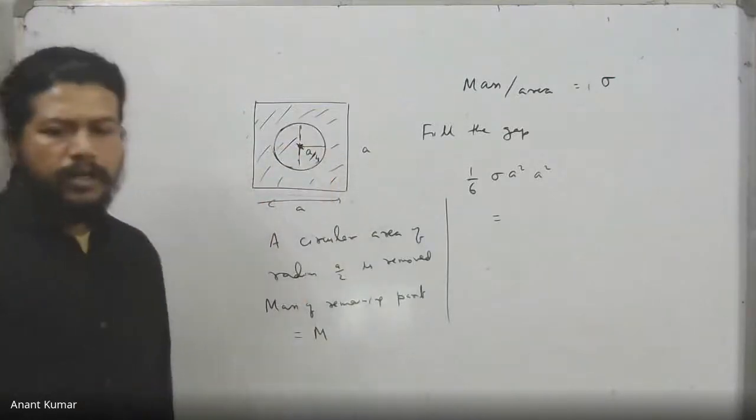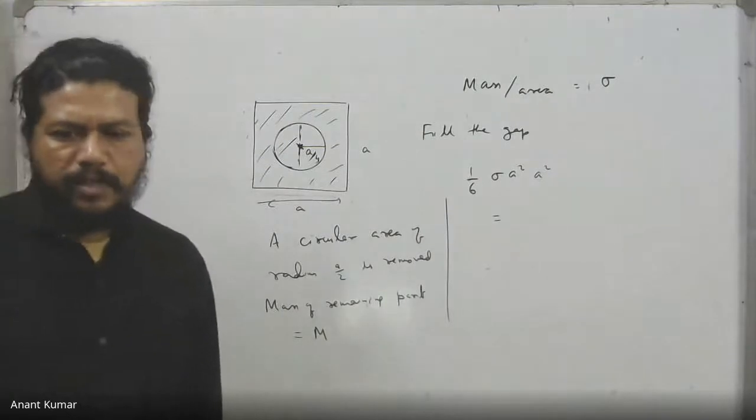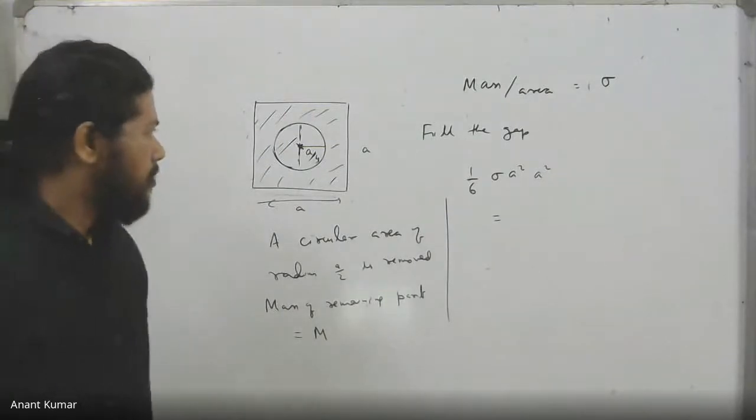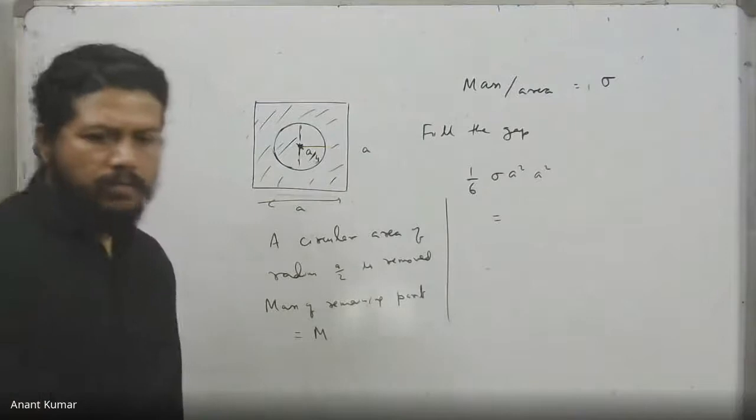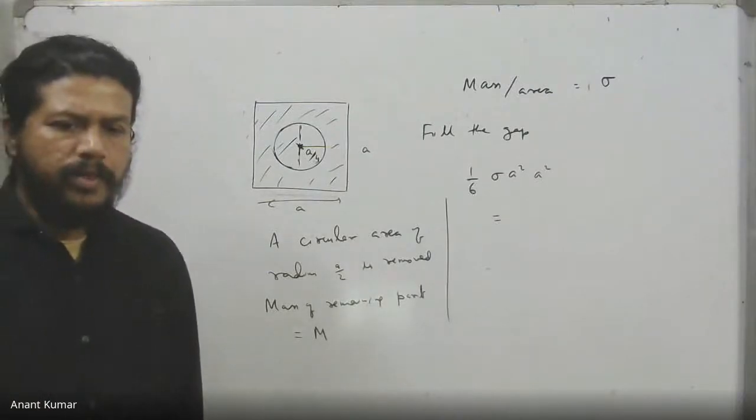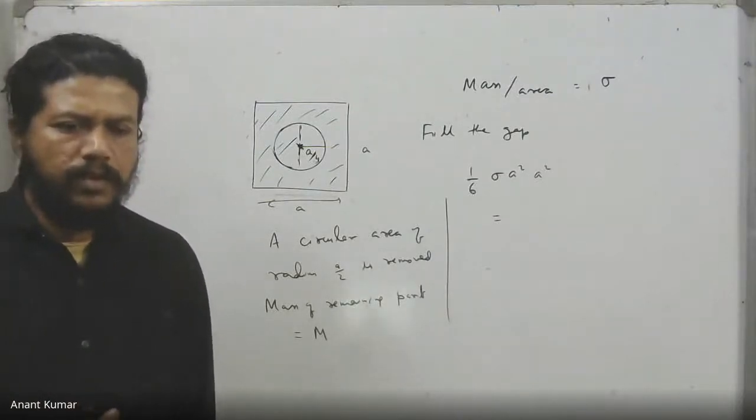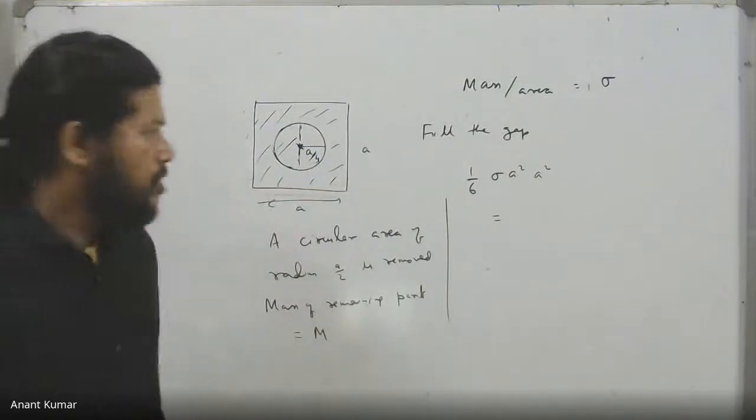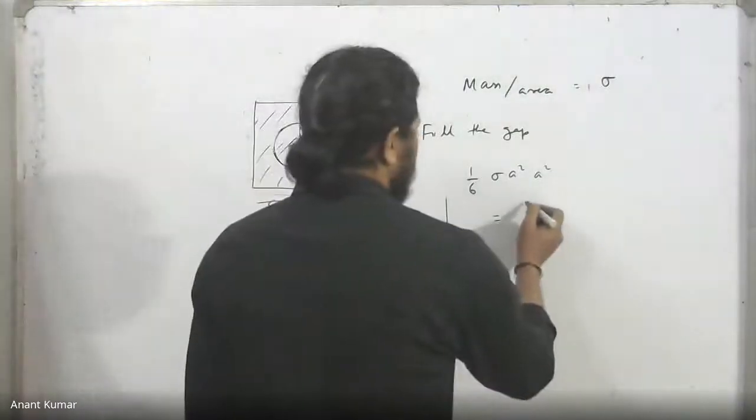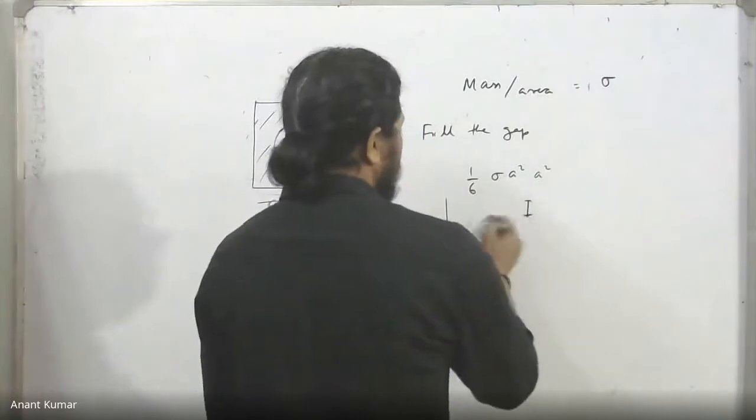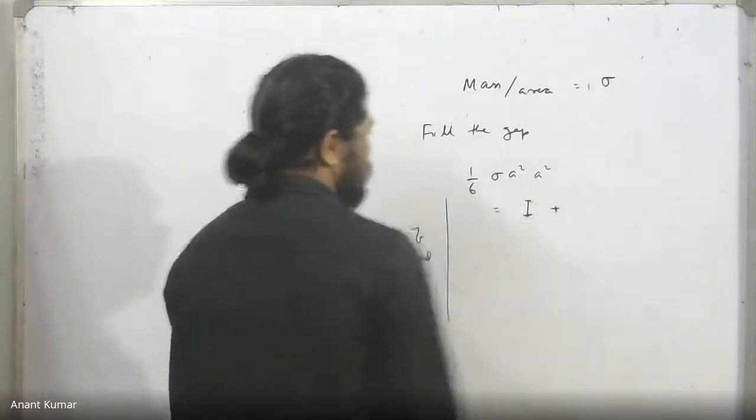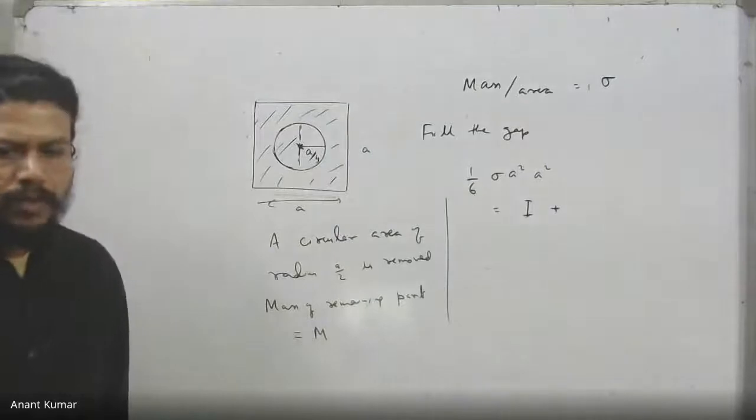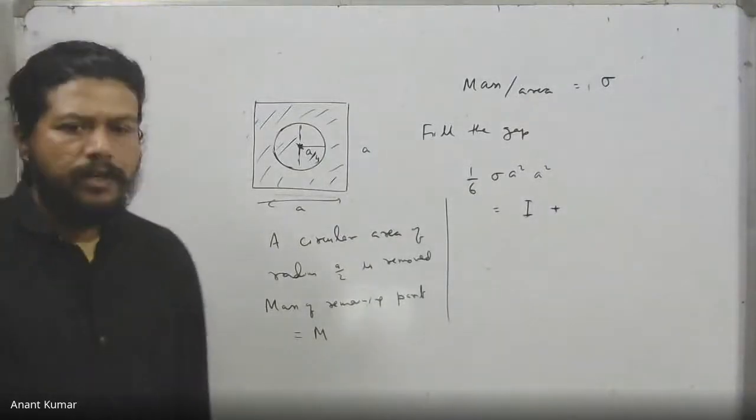I should get 1 by 6 ma square over there. But this should also be the same as the sum of the moment of inertia of the object, which I need to find out, plus that of the circular plate about the central axis. Whatever I need, I do not know, so I just call it I, and to this I must add the moment of inertia of the circular plate, which is going to be nothing but